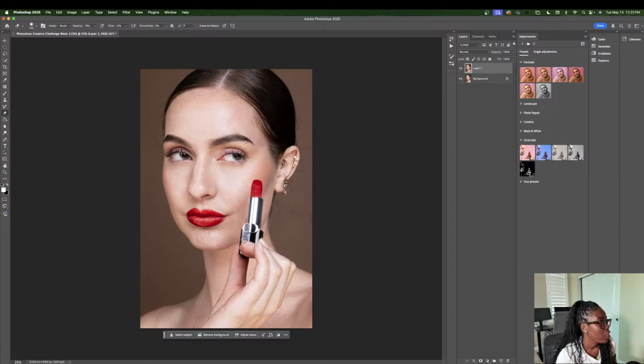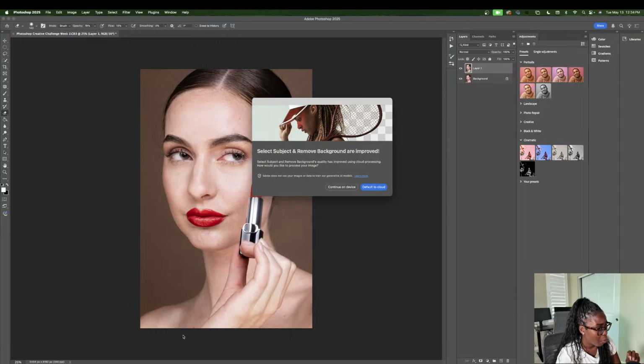Awesome. So the first thing that I think I'm going to do, just so it helps me see how this image looks as a whole, is start off with the background. The reason why is because before I get into skin retouching, which I'll do shortly, I want to see what is the goal for this overall image. What's the vibe and the feel color-wise am I going for? Right now we have this brown background, which I'm not too sure